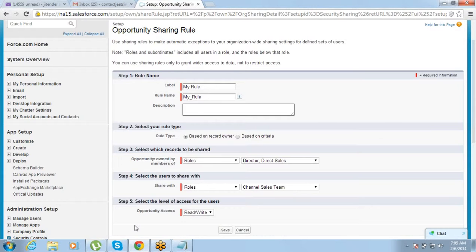Sharing rule comes into picture only when, for that particular object, you have already made it private in the organization by default. Right? The exception will come into picture only when it's private and somebody needs to access. There is no other way it can come into picture. So since opportunity is private now and I want to give access of some data to some other people, that is what we have to define here in the sharing rule. You just need to give it a name, define which data needs to be shared, with whom it needs to be shared, and what level of access needs to be given. That's it. Once the purpose is done, you just go and delete the sharing rule.